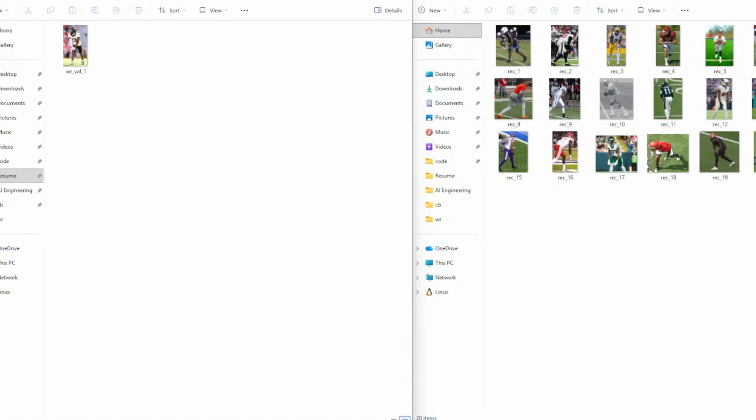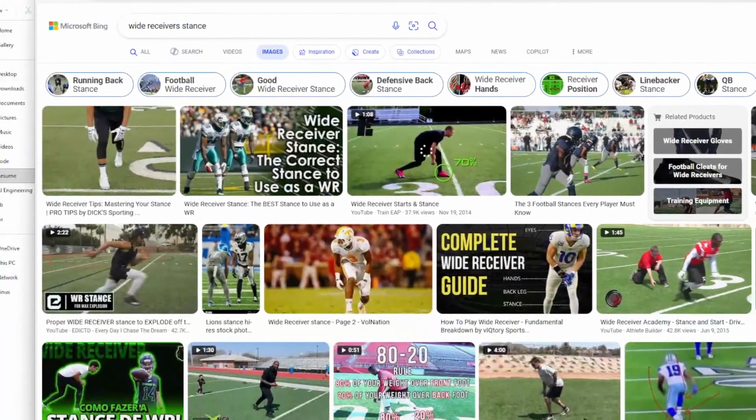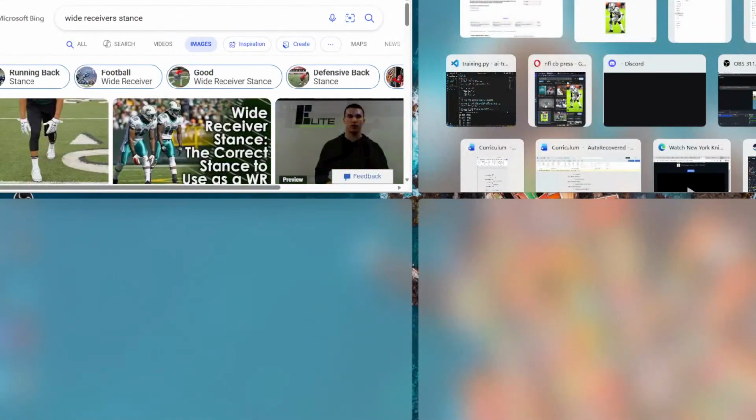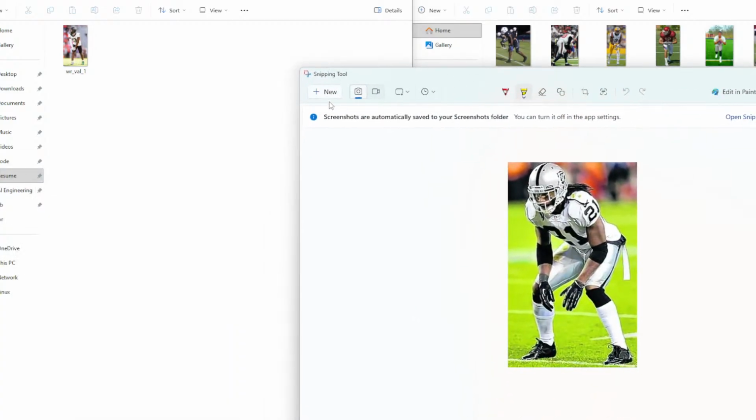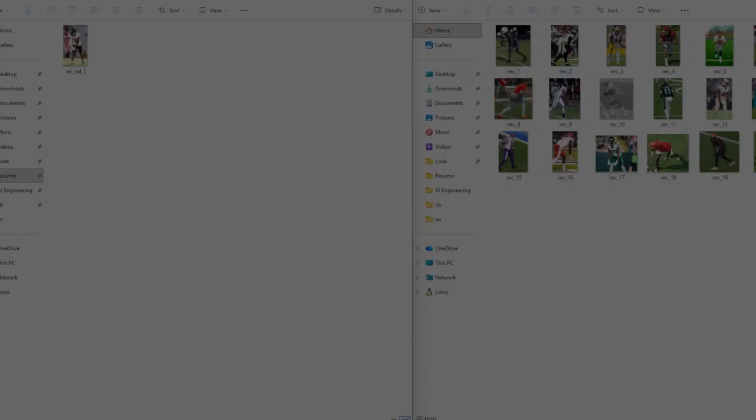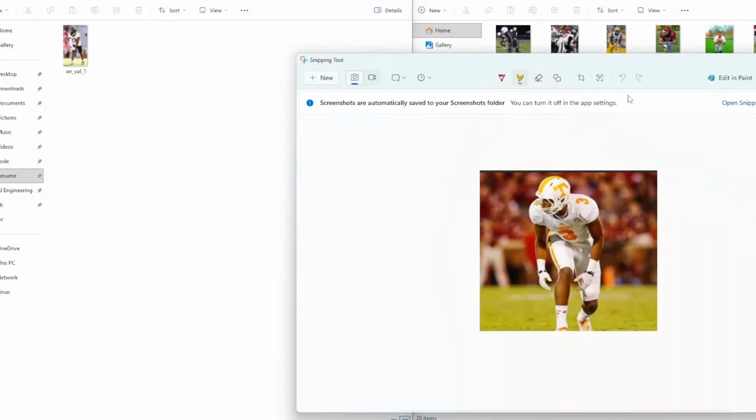So wide receivers, NFL stance. Let's not even say NFL, but just stance. All right. What the heck is going on? Oh, this is nice. Okay. I think something that may have been killing my search is putting in WR, using WR instead of